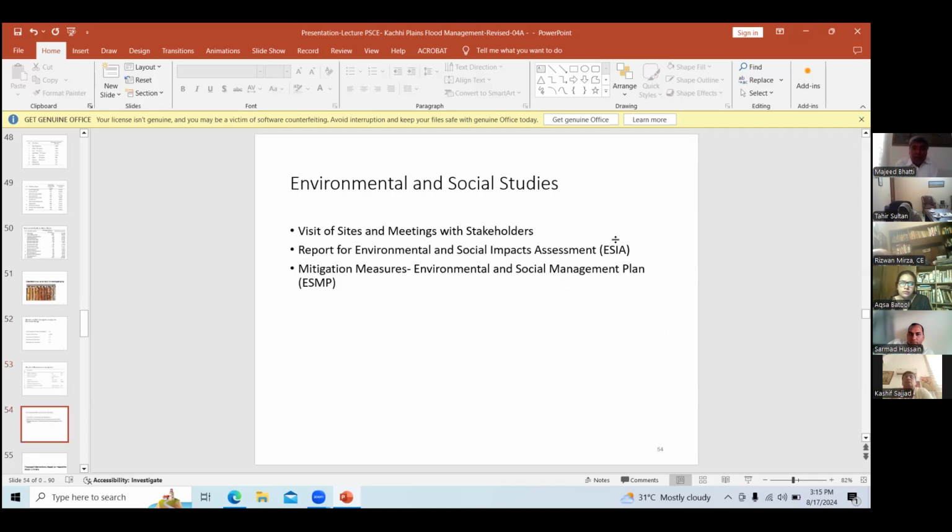Environmental and social studies. All the World Bank projects, where the World Bank and donors like the Asian Development Bank ask for social and environmental impact studies. So we had a team there, and if you see the first slide, the experts team also included sociology experts and environmental experts.